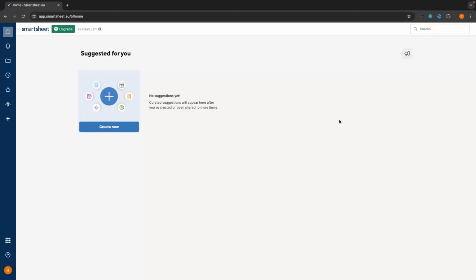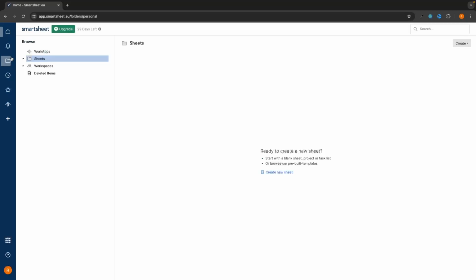So I just created a brand new Smartsheet account so that I am starting at the same point as you, and there is nothing in here. If I go to my files, you can see there is nothing in here. So we are starting at the same point. And I will be able to walk you through step by step and show you how we can build this